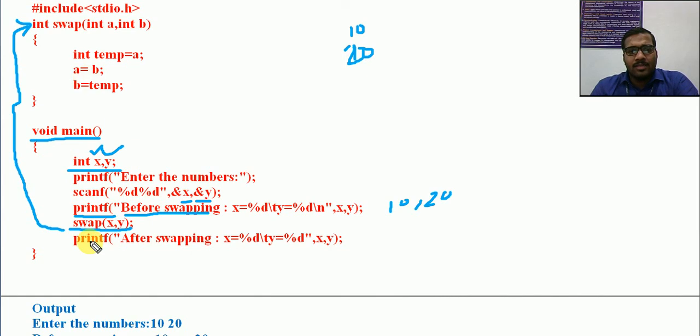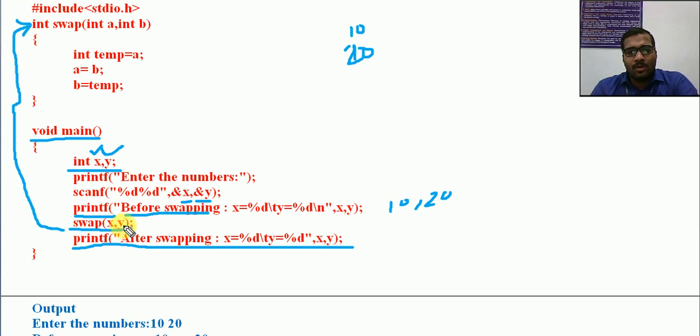Okay, then we will see that. After calling that, again I am trying to print the values x and y. The same statement I am repeating after swapping. x equal to what value, y equal to what value. We will be expecting x is equal to 20 and y is equal to 10. That value might be exchanged. So that is our aim actually. But we will look at the swap function now.